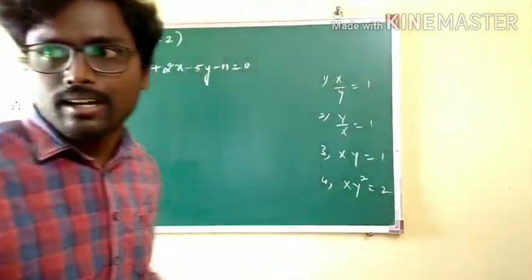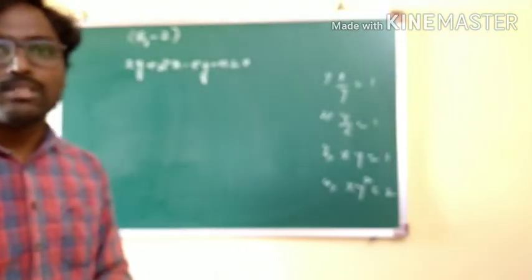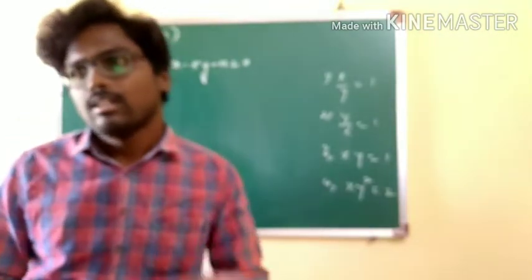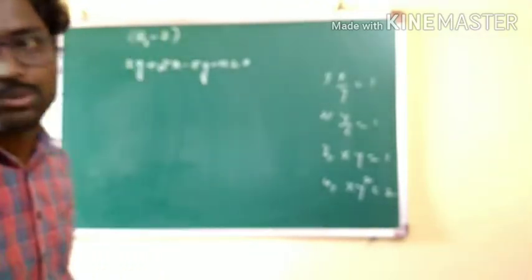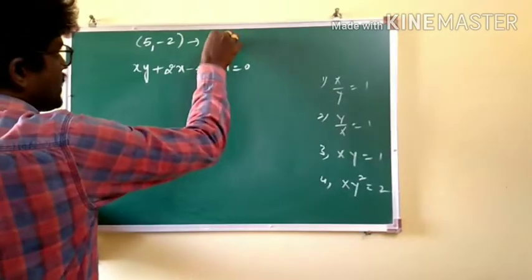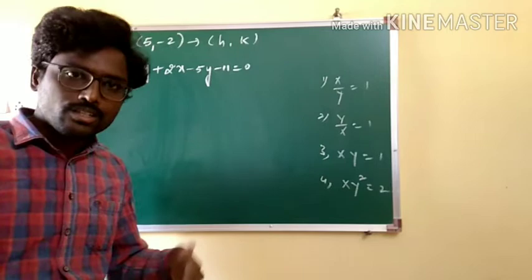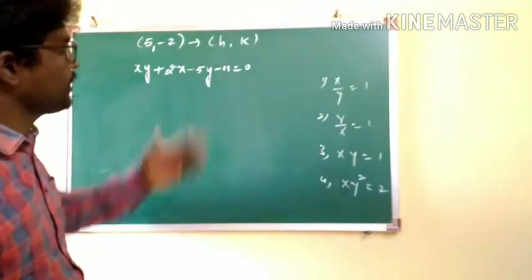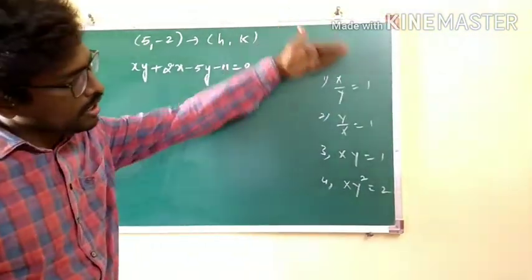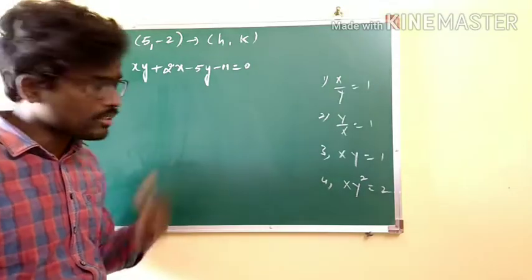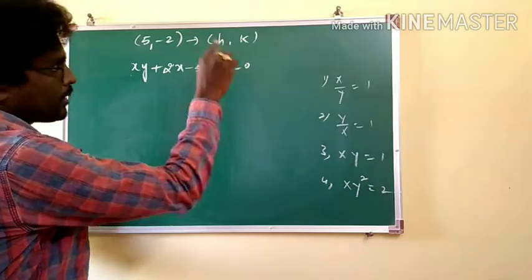So what do you understand by reading the question? I have told you in the previous discussion also. First, the given coordinate with respect to old axis or new axis is very important. Here we are talking about the axes translated to the point (5, minus 2). This is taken as (h, k), because axis translated means origin shifted to (h, k), that is (5, minus 2). The equation is given in the old system, and our outputs are all in the new system. That means we are supposed to replace small x and small y by capital X and h terms.